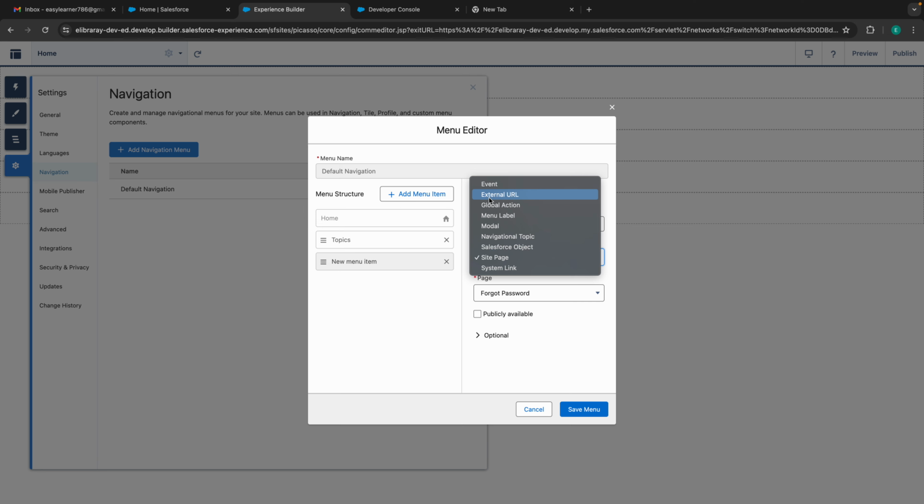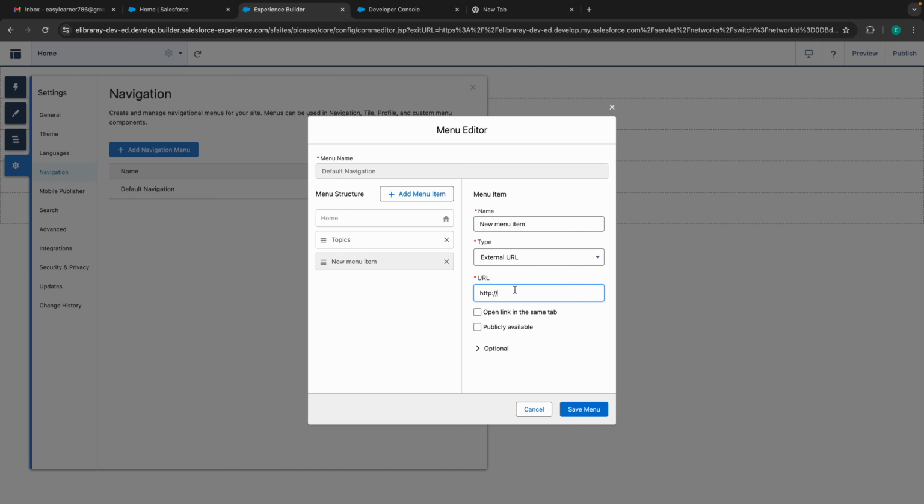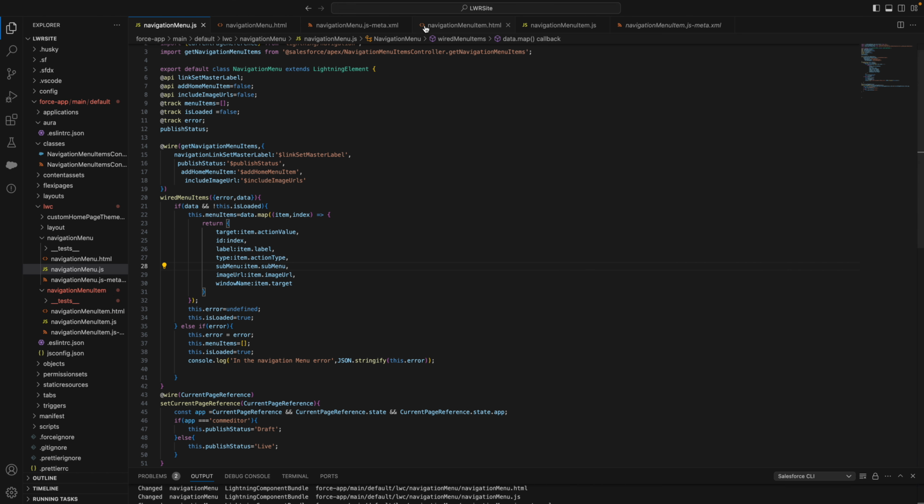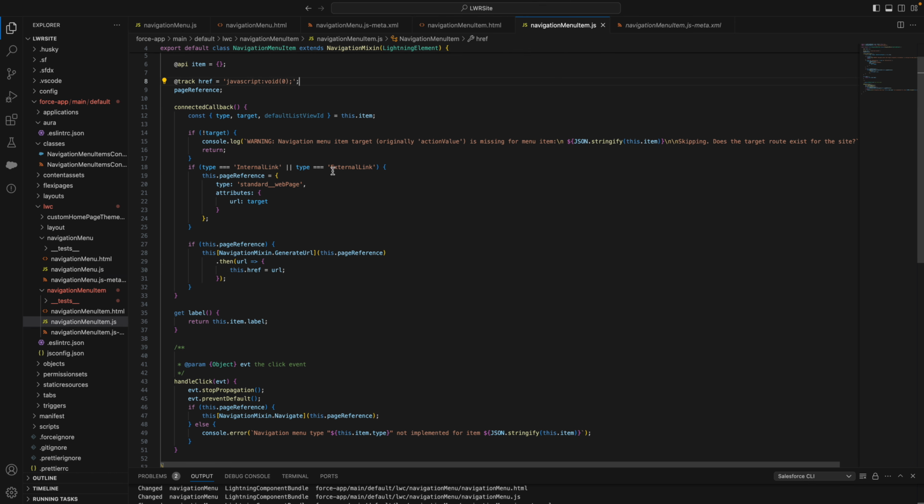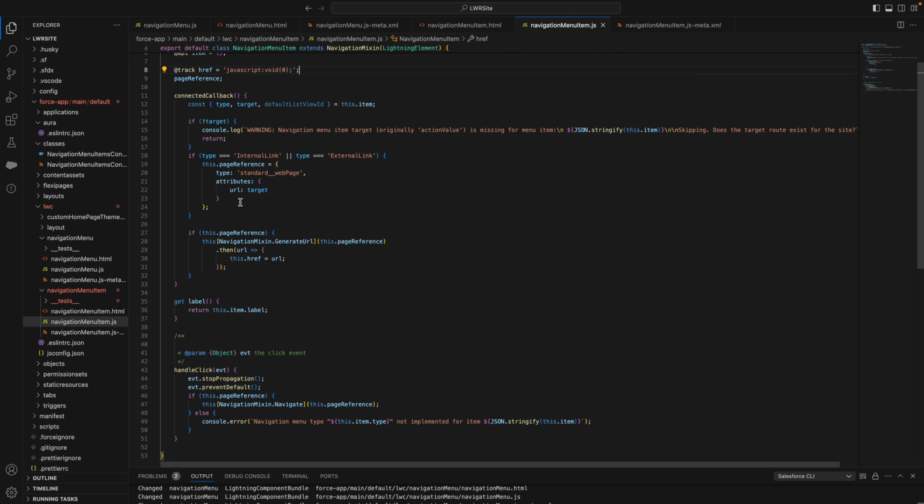External means sometimes you can select the external URL and you can give URLs outside of Salesforce, right? So those will be external links. This categorization will all be done by Salesforce only. We don't have to do anything at all. So then type is this or this, then page reference will be standard web page, and the attributes will be